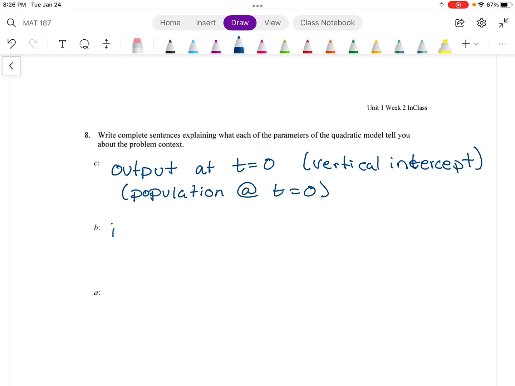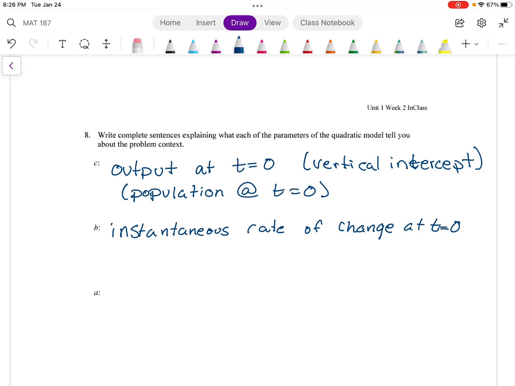B is the instantaneous rate of change at T equals 0. So this number is going to tell me, okay, from that sort of vertical intercept starting point, how is my function traveling? Is it going up? Is it going down? What direction am I heading and how steep is it? And then from there, my A value is going to help me know how is that rate changing as we move,